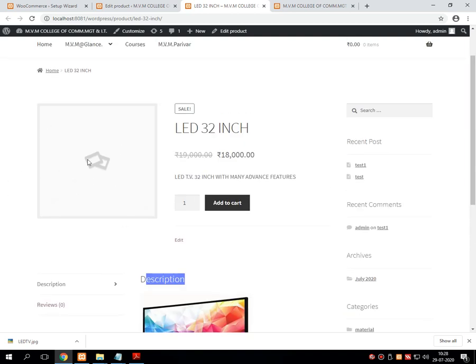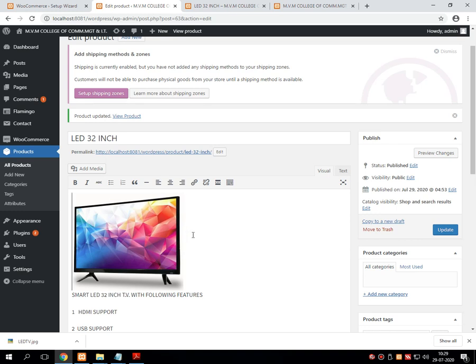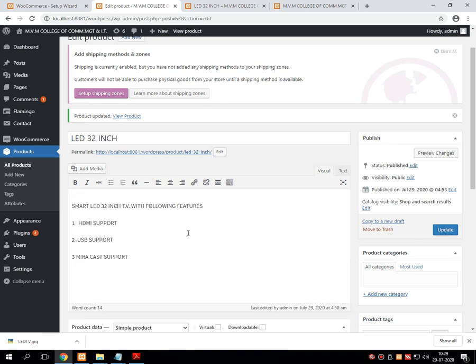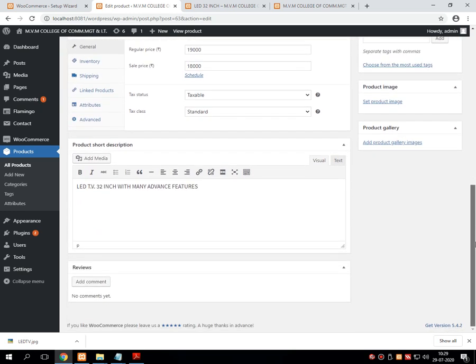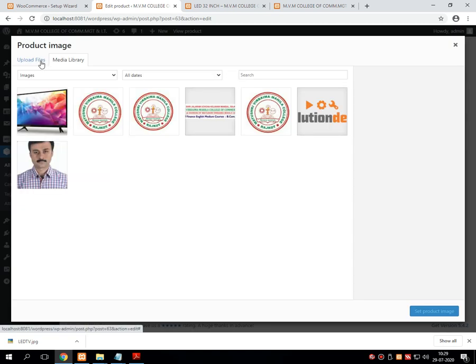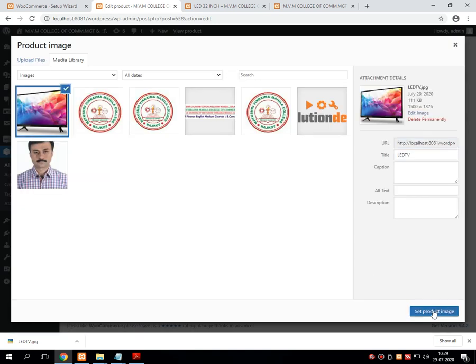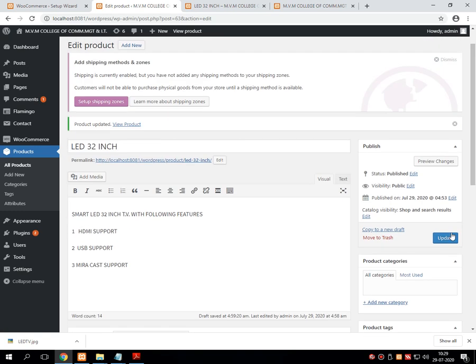Now suppose I want to add it as a thumbnail, then what I can do is, again I am removing it from this particular option, and instead of that I am selecting set product image, selecting the image, updating the site.